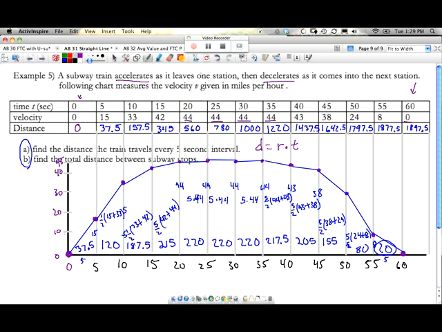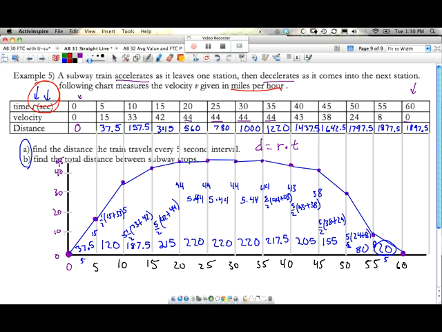So here's the numbers that I'm coming up with, and I want to show you something that I was hoping you might notice is kind of funny with the numbers. It's really just a detail in units that we need to notice. So right here, your time is in terms of seconds, but velocity is given in miles per hour. So we need to convert some of this distance. If this velocity is in terms of hours, but this time is in terms of seconds, then this times 5 here